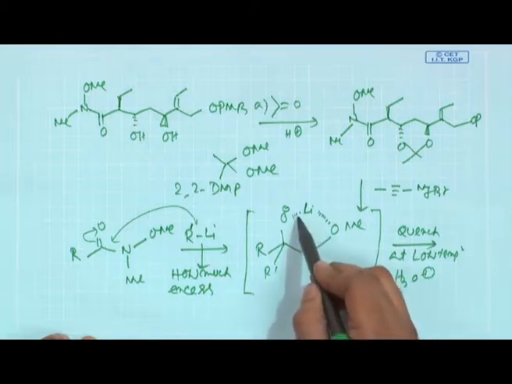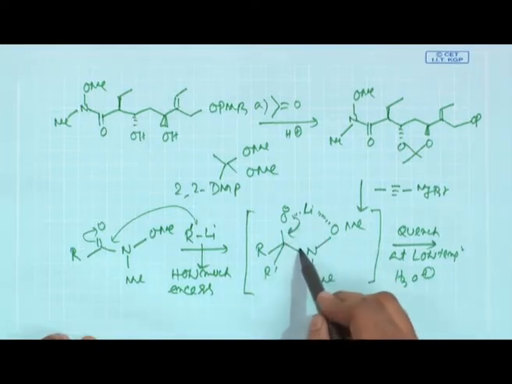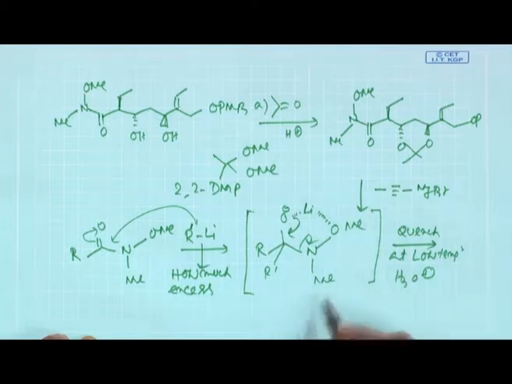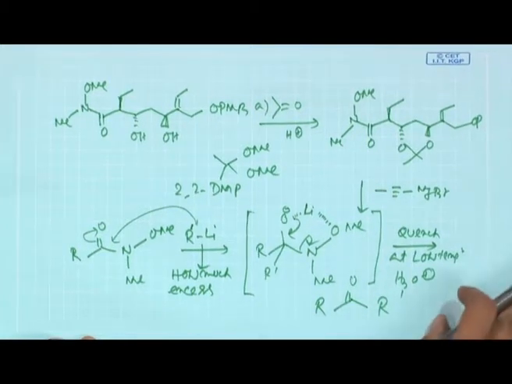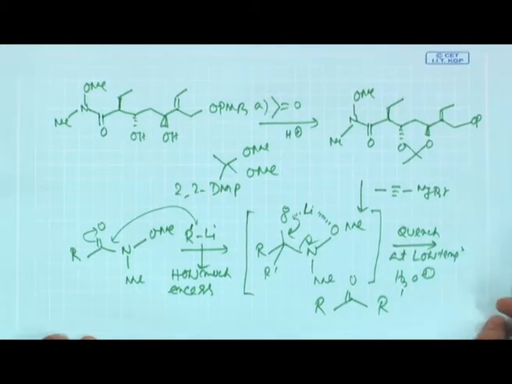Now, basically what happened? It comes here, gives you back, and basically you get the corresponding ketone back without getting the tertiary alcohol. Normally, if you react with ester and acids, you will basically end up with this. First you will get the ketone, then it reacts with another equivalent of Grignard or lithium to get you